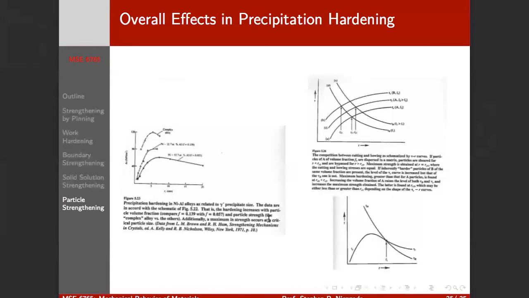So the maximum strength is going to be right where they're equal, right? You've got a monotonically increasing function and a monotonically decreasing function, right? Your optimum value is always going to be at the intersection, right? So the best strengthening we can get in the system is going to be right when cutting and bowing are balanced, right? And this is what we call our peak age configuration, right? Where our particle size distribution is ideal to give us the most